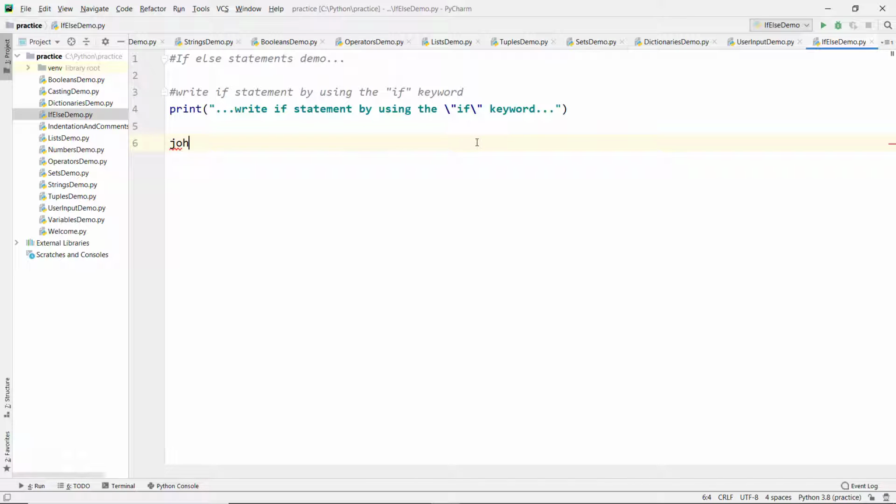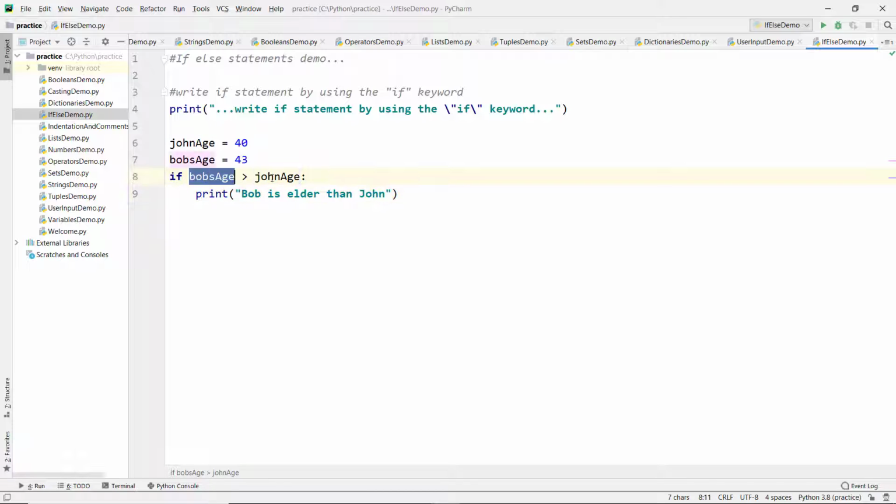Now let's create two integer variables, John's age 40 and one more, Bob's age 43. Now let's use the if condition by using the if keyword. If Bob's age greater than John's age, then print Bob is elder than John.